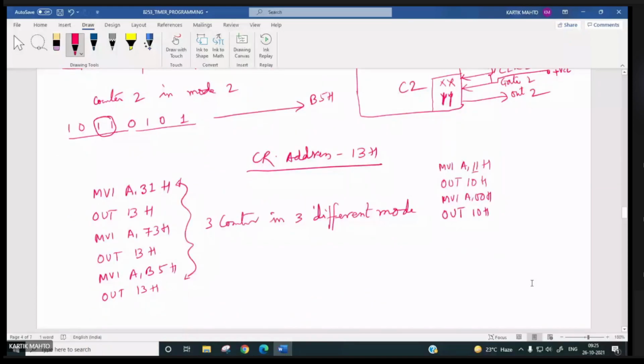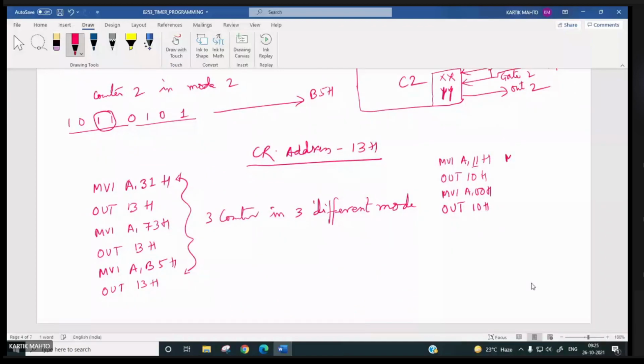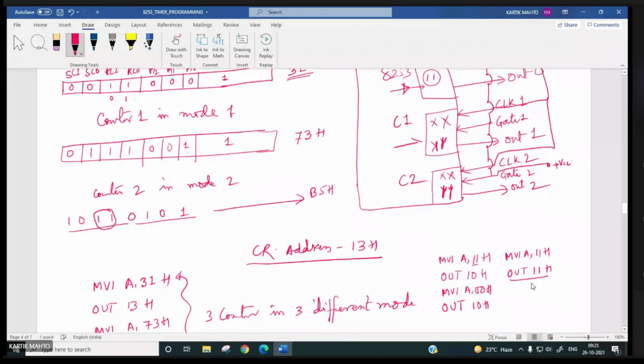Similarly, you have to MVI A, 11H, OUT what? 11H. Now for counter 1, for transferring the count value over here, you have to do MVI A, 00H, OUT 11H. So 00, 11 will be loaded over here, right?